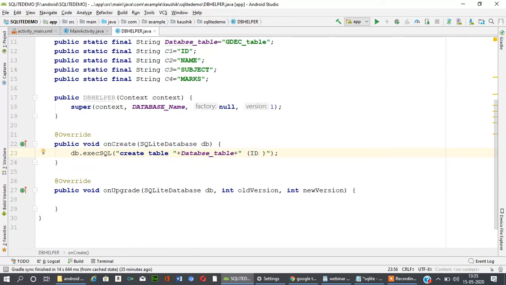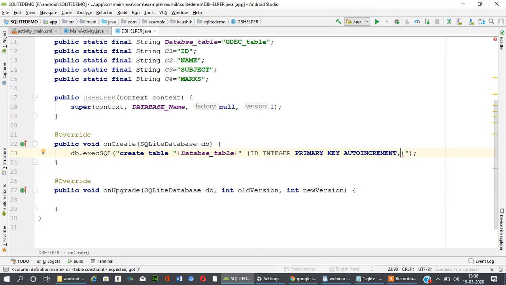Then its type, which is integer: ID integer, primary key. And if you want this to be auto increment, then you have to write auto increment, then a comma.